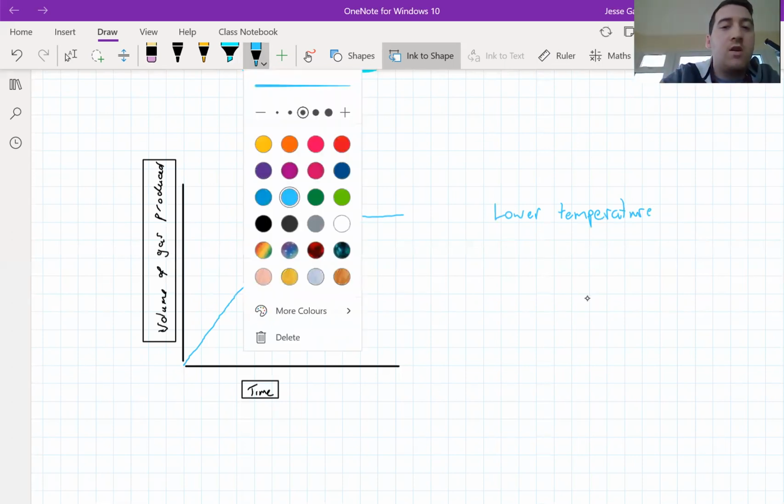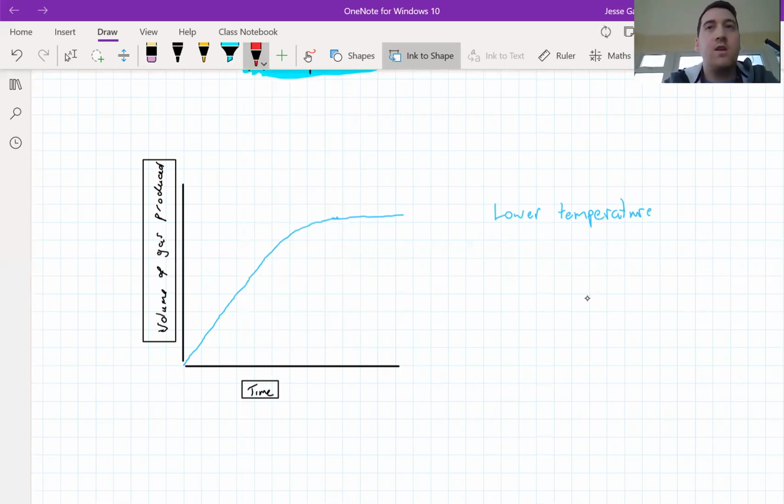We're now going to show you the rate of reaction for the higher temperature. As you can see, the red line increases much more quickly. So the rate is much faster. The line is steeper. And what you can see is it starts to level off, and the reaction finishes